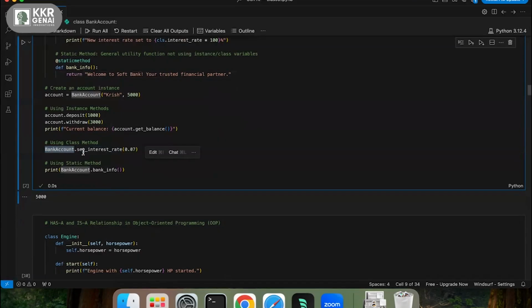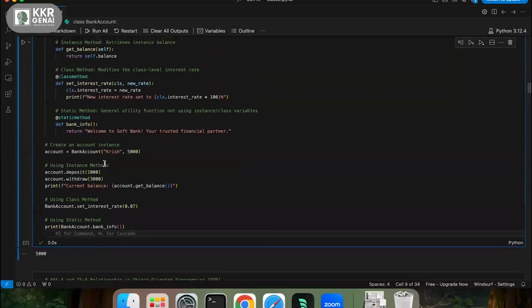Here I'm calling with the class name, and all the static methods are accessed with the class name, similar to class methods. So instance methods we access with the object reference, and class methods and static methods we access with the class name.